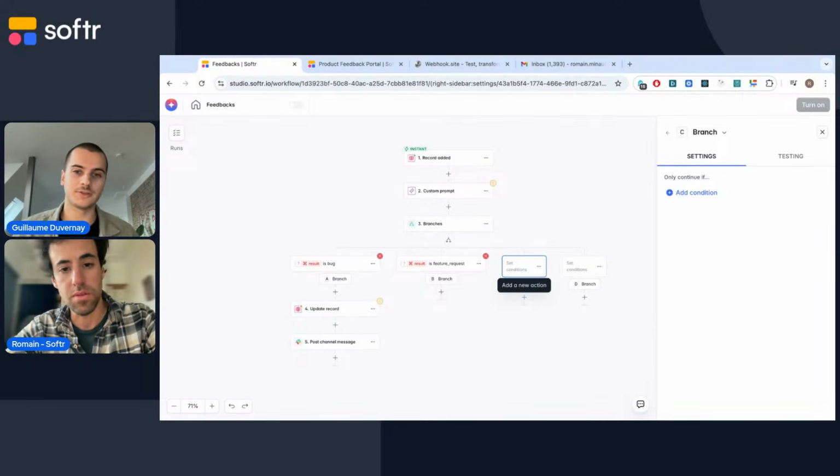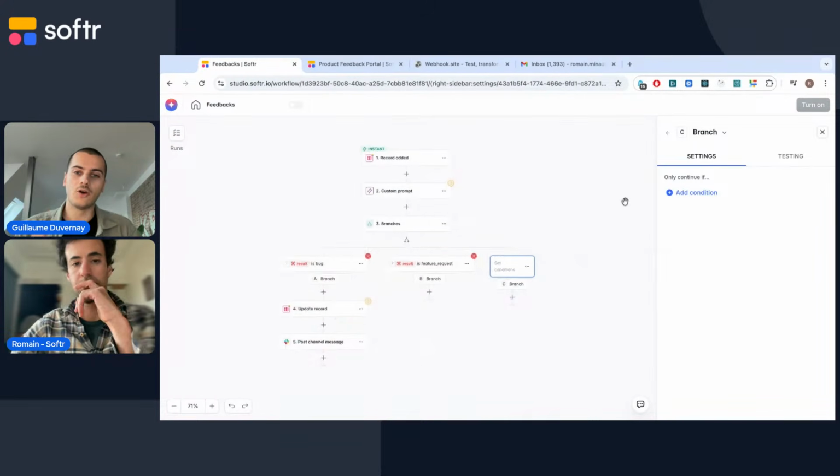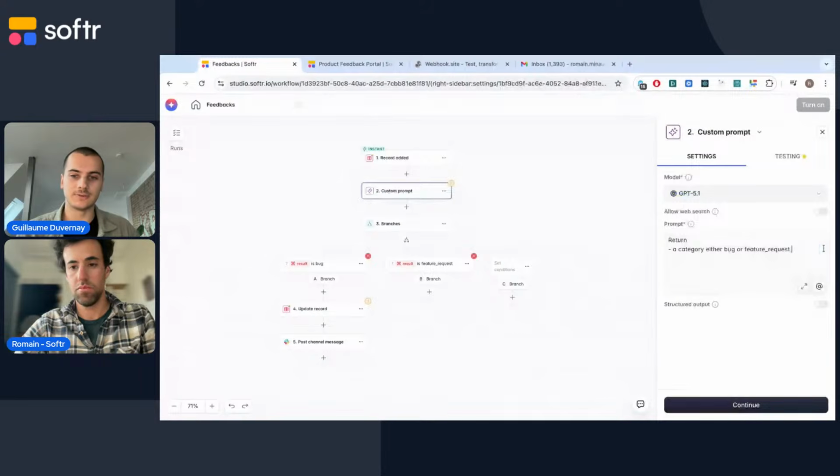And there are many ways actually to get there. Either it's a specific category, or it anyways suggests a category but then gives a confidence score, and then your branch can be based on that score. And if it's below 70, then there is a chance you want to check it. So there are many ways to do so.